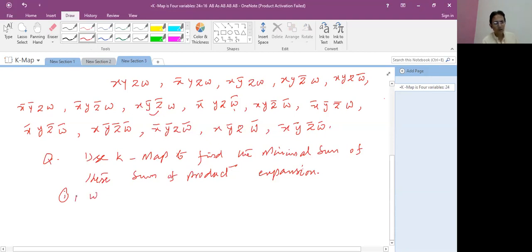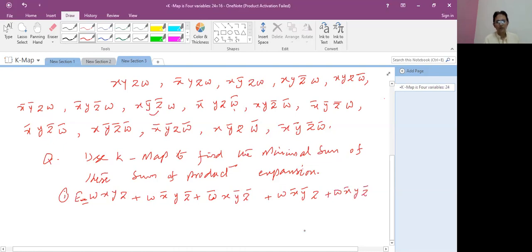For example, if we consider an application, the Boolean expression you have given a student is WX, YZ plus WX complement, YZ complement plus WX, YZ, W complement Y and Z complement plus W, X, Y, Z, X, Y and X and Y complemented plus W, X, Y, Z complemented. For example, it is a Boolean expression.